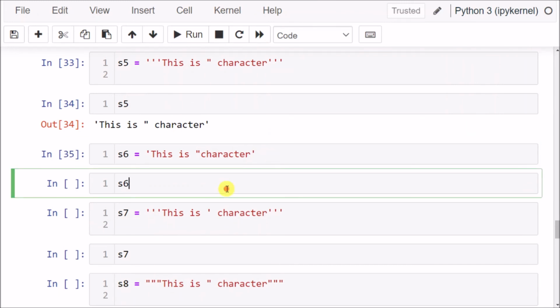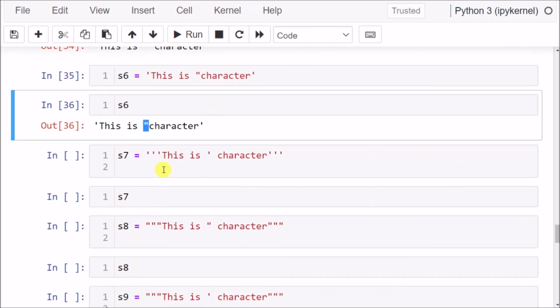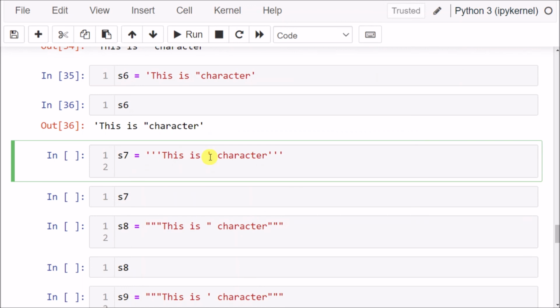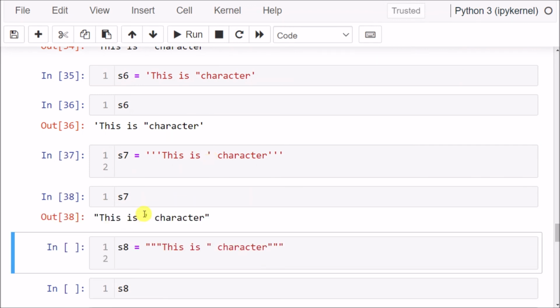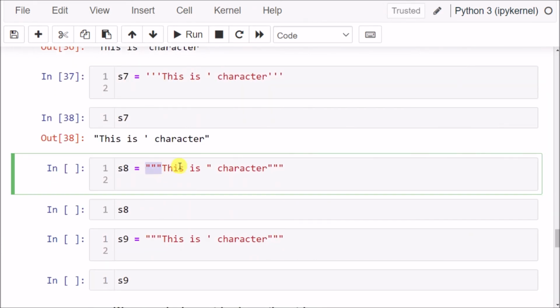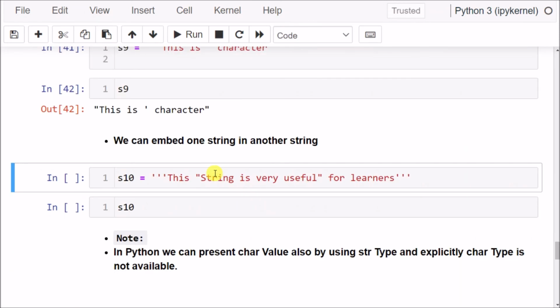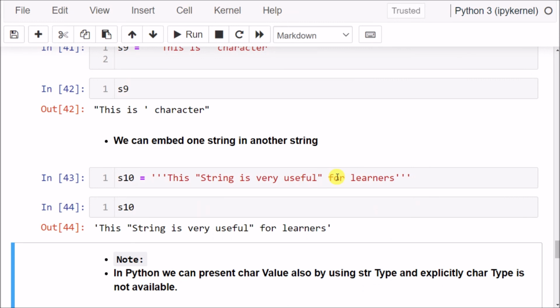You can see here that the double quotation is treated as a string only, and in the same way, inside the triple quotation, a single quotation is given, so the single quotation is treated as a string only. Inside the triple double quotation, I have given one double quotation, and it is treated as a string. S9 is the same, and in S10 I have given the double quotation inside the triple quotation.